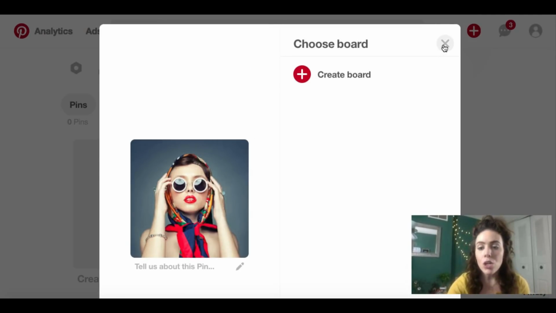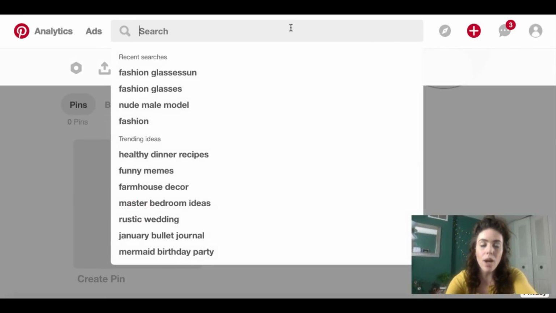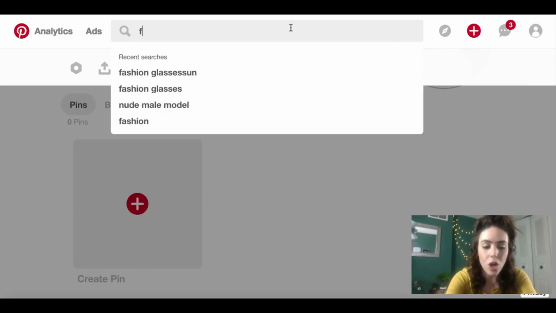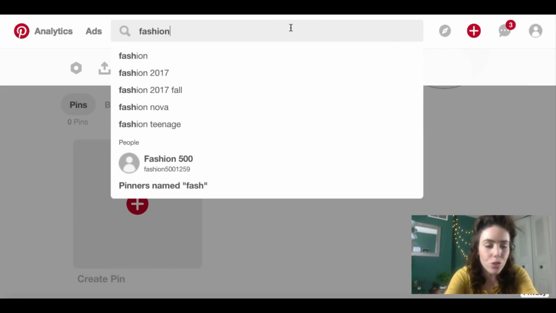And the way we get our pins repinned and in front of more and more people is by pinning smarter. So you want to create rich text, again, something that really draws people in, has a lot of information in it. And then you want to start to observe what is doing well in your niche on Pinterest. And all you would do is just search your niche,